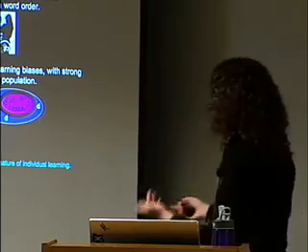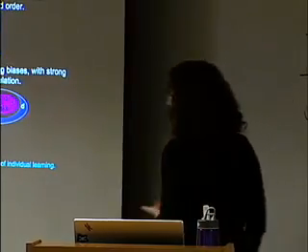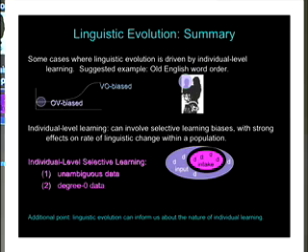And in this case, it turned out that these two selective learning biases were very useful in getting the right rate of change. Learning from unambiguous data and degree 0 data seemed to get us the right trajectory, and when we removed them, it didn't. So this is useful for understanding the interplay between learning and change in this case.